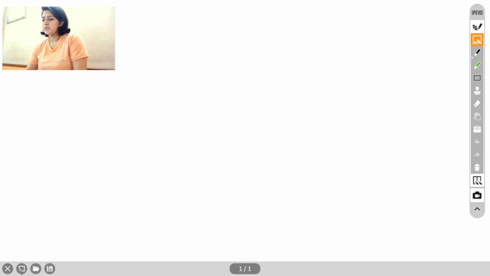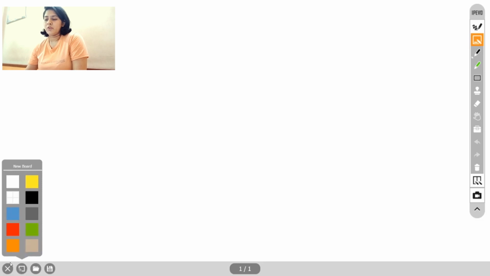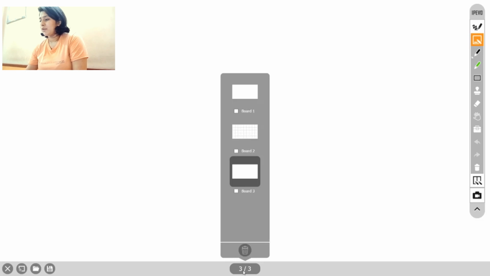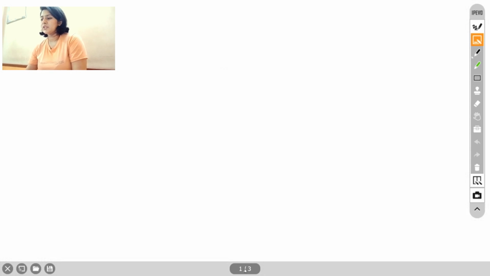On the left hand side of your screen, there's a screen sign with plus on it. When you click on it, it gives you color options. If you click on white, it gives you another board. But where to find this board? In the center of the screen, you have this 3 on 3 here. So what is this 3 on 3? When you click on this, you can go to board 1, board 2 and board 3. So I'll go to my board 1. This way you can add a lot of boards to your presentation or while teaching. So you need not erase everything you have on the screen. You can just move to another board and then come back to your board 1 or board 2, whatever you were teaching.